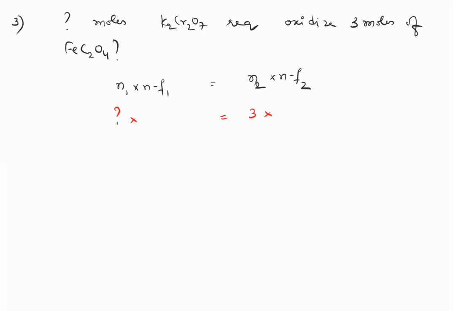So let's see the N factors. Chromium here is in +6 oxidation number. Now please see how I'm writing the oxidation numbers very quickly because of practice. So please practice enough to make sure you can write oxidation numbers quickly. Chromium is +6 and it is oxidizing someone else, so it has to get reduced. It has to go down. And the only stable state of chromium apart from +6 is +3.